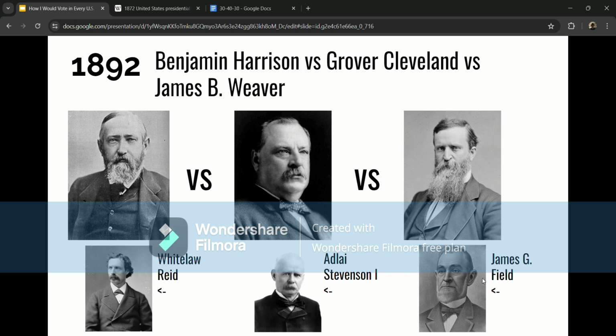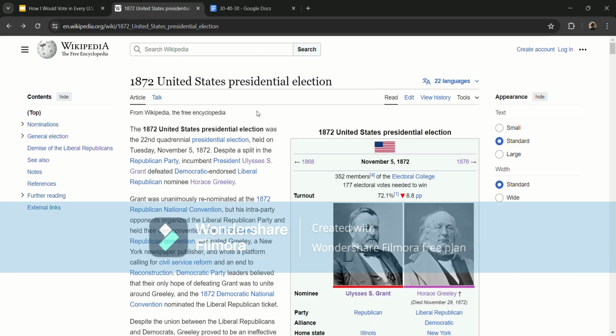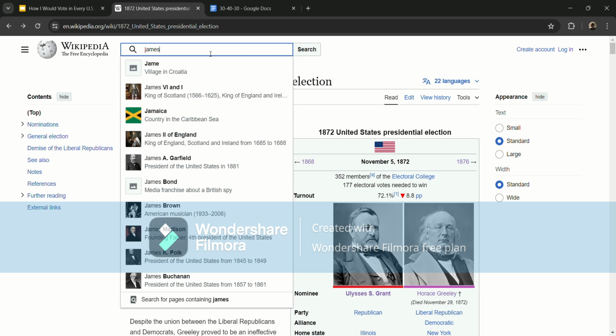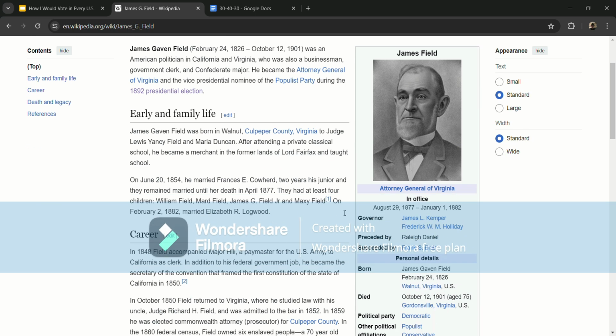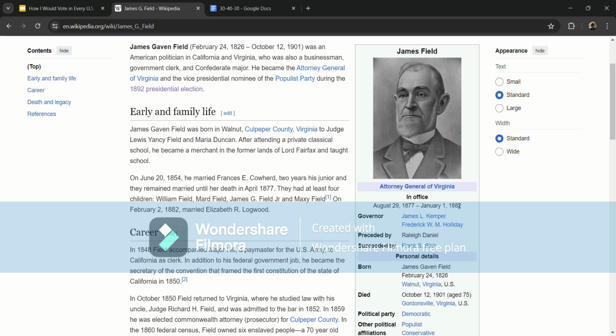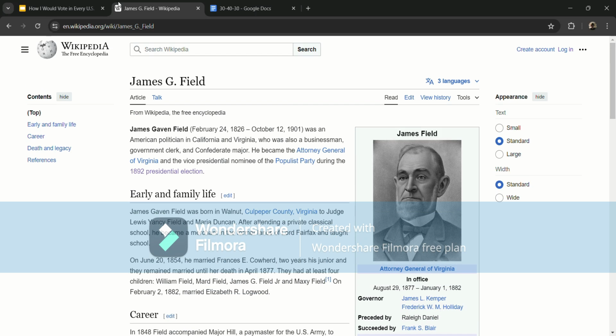His running mate, James G. Field, I actually really did not know that much about, so I'm going to go ahead and look him up real quick. I do remember he has next to no political experience. Yep. Attorney General of Virginia, which was over 10 years prior to this, so nothing too